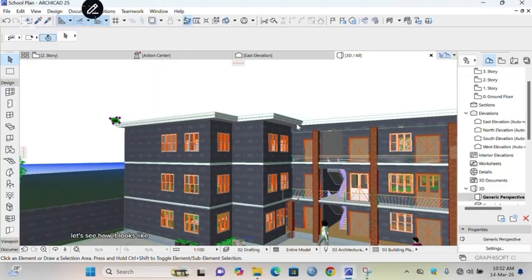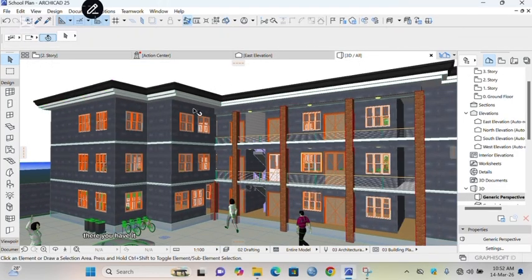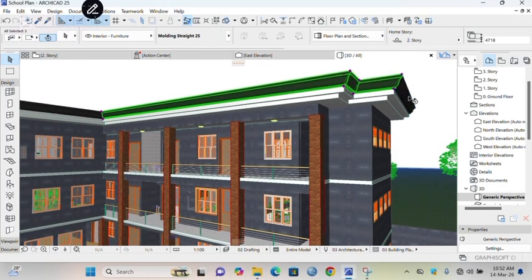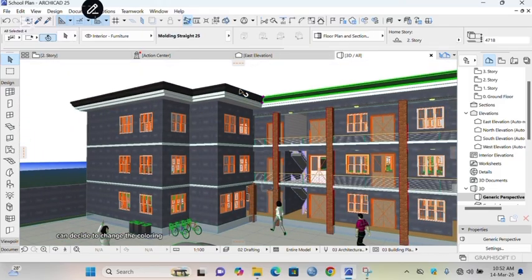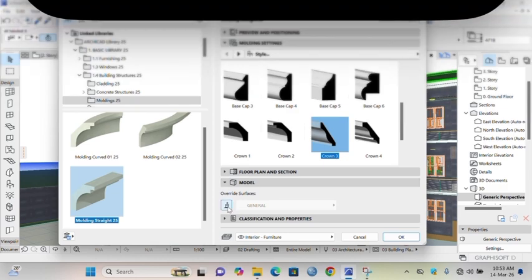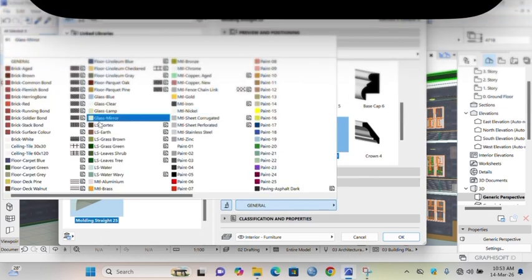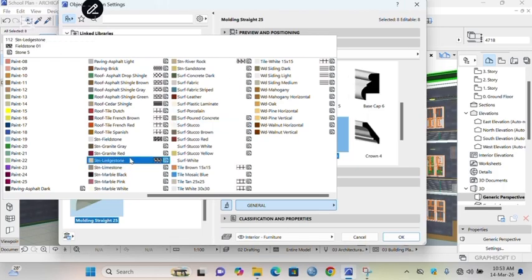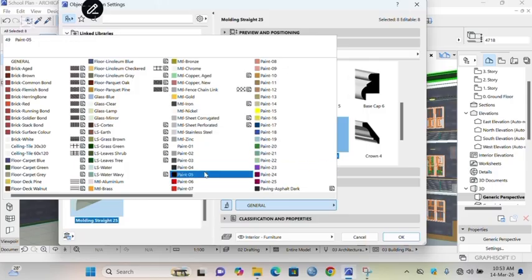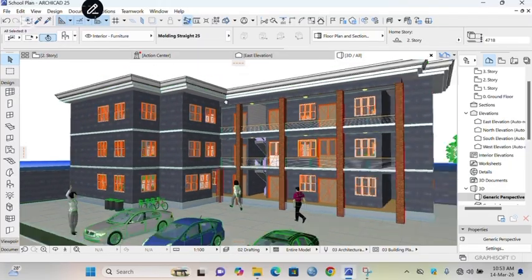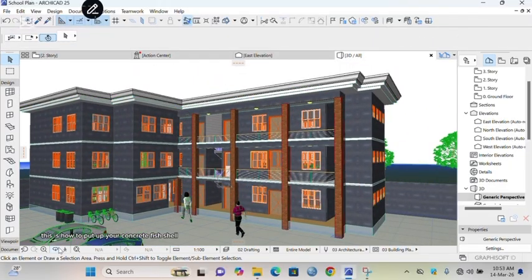Let's see how it looks like. There you have it. Can decide to change the coloring. We'll make it white. So let's look for white. It should do it. So you have to put up your concrete fascia,